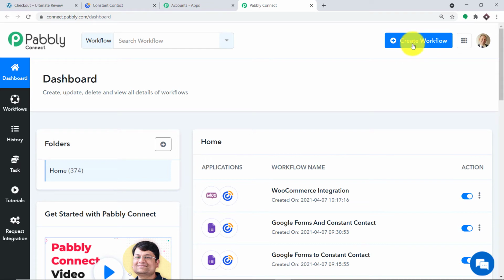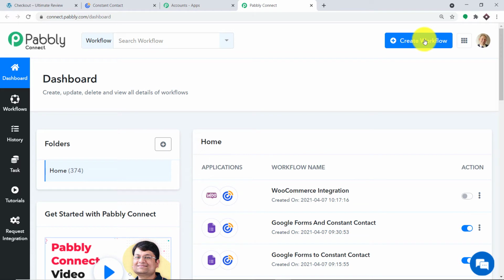Click this. Now, before I click this, there is something I actually have to do. I'm going to toggle this to the left. So basically, I'm just switching off this workflow. This is because this is the workflow that I have already created to show you the example, that is WooCommerce integration with Constant Contact. If I don't shut it off, it will create 2 contacts in Constant Contact. That is why I have shut it off. But it doesn't really concern you. You are going to basically start from scratch.